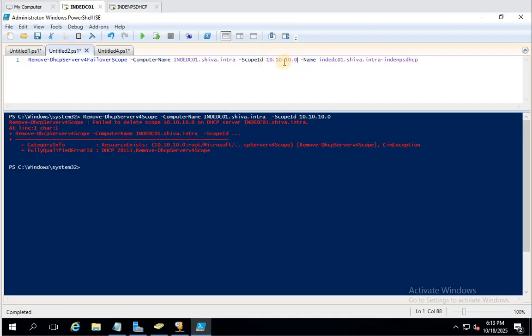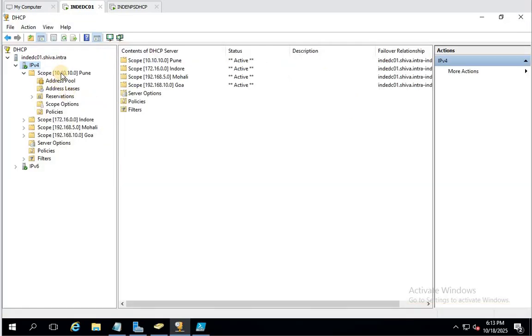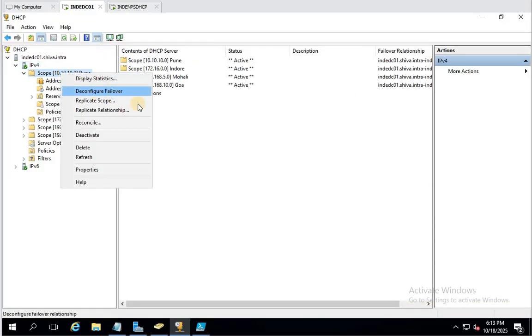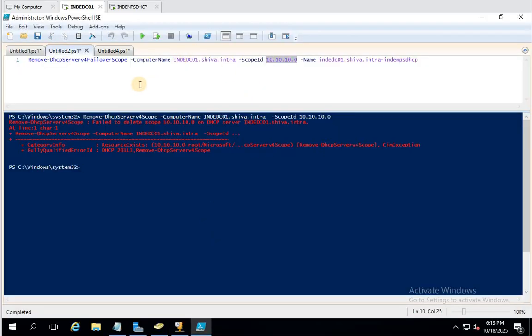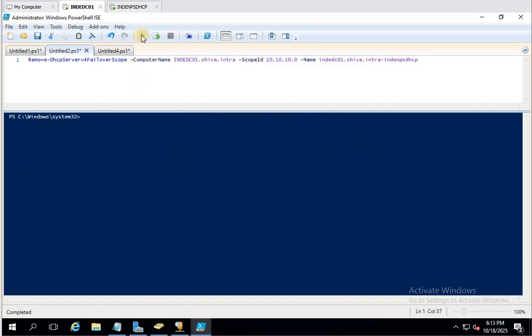I'm only interested in removing the failover for this particular DHCP scope. If you come here, you can see it is part of a failover relationship. And if you run this,